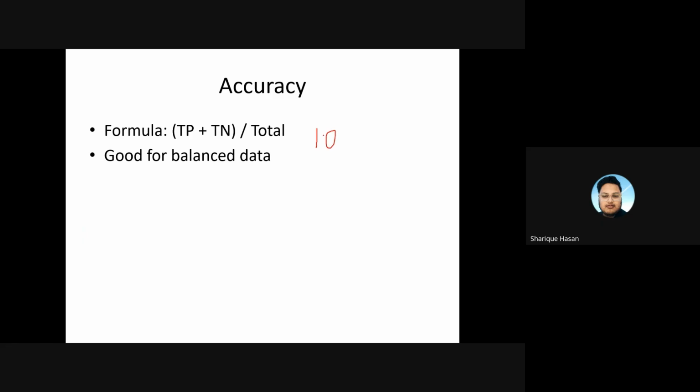So we have a total of 100 patients. Out of which 60 are positive and negative are 40. These are positive and these are negative. Out of which,